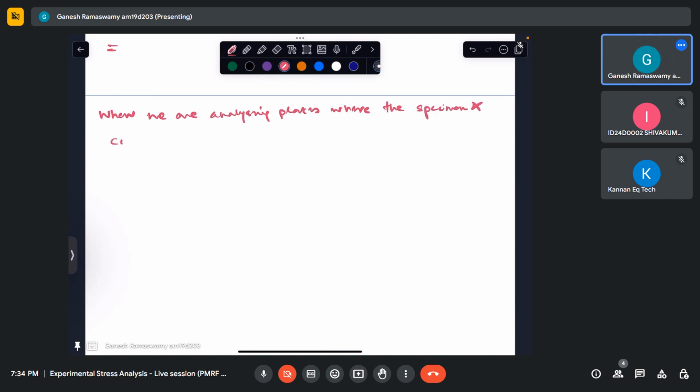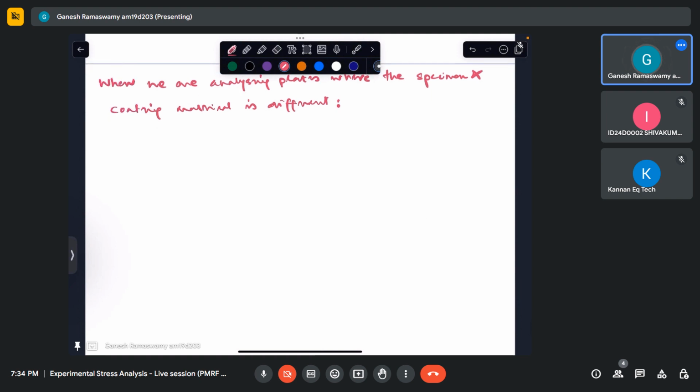So this RF for the case of bending of plates is given as another big expression, 1 plus MEG by 1 plus G